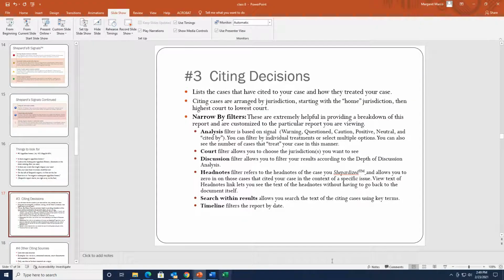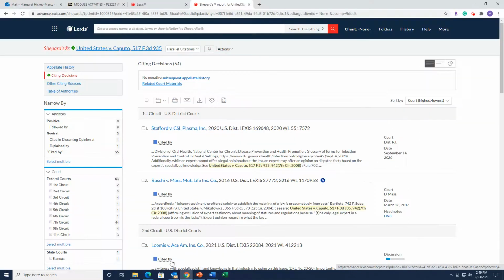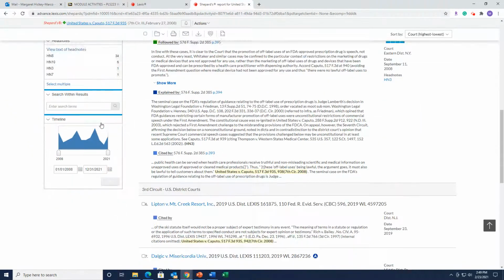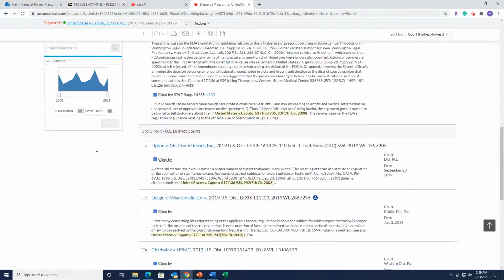So let's see what I was saying. Yeah, filters, analysis, court, discussion, headnotes. Oh, and then I can search within results. So say, where is it? When I'm in,